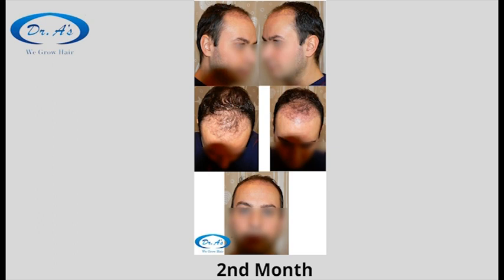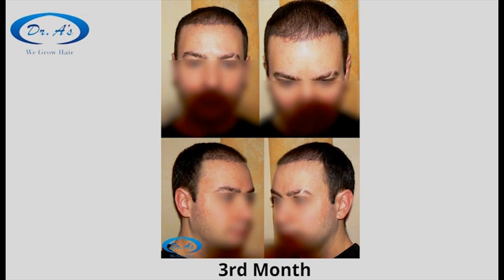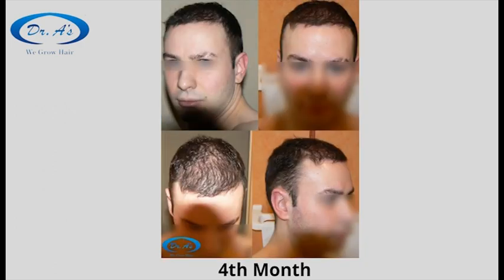The growth will be gradual. As you can see in the month 2 and month 3 pictures and the month 4 pictures, the growth is gradual and density keeps on increasing. This patient made a point in making pictures after taking a bath. That is the time when the hair are wet and density issue is tested to the maximum. I had promised him that he would be able to gel his hair. So let's see his pictures from month 4 onwards.